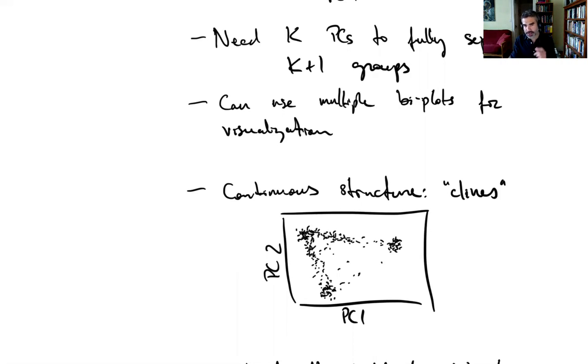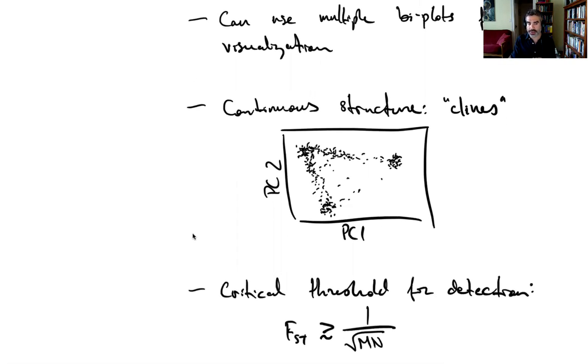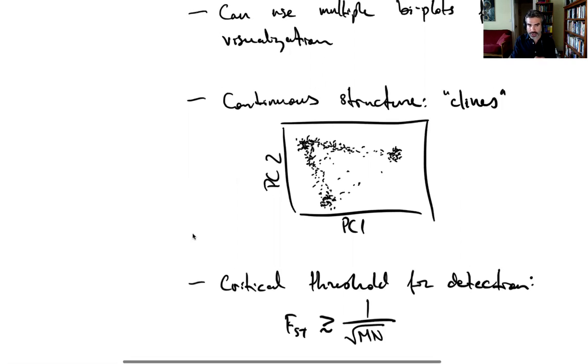It turns out there's a critical threshold for FST depending on the data size, actually the number of genotypes n by m, below which the detection of structure becomes impossible. This result is from Patterson et al. for 2 discrete populations, and it depends on the mathematics of random matrix theory. The math actually says a bit more. Even above the detection threshold, the estimated axes of variation may be inaccurate. These issues affect smaller data sets especially, but even in larger data sets, there may be axes of finer structure